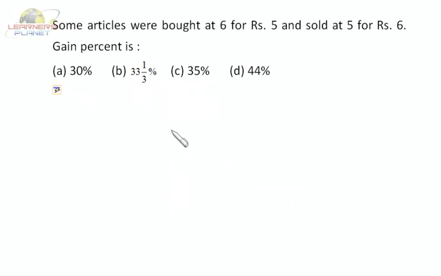Now let's see this question. Some articles were bought at 6 for rupees 5 and sold at 5 for rupees 6. What is the gain percent? Further, we'll find SP by CP ratio. What is the selling price of one piece? That is 6 by 5. And what is the cost price of one piece? That is 5 by 6. So it is